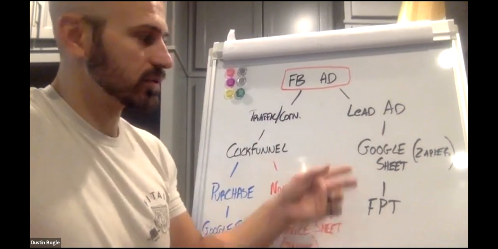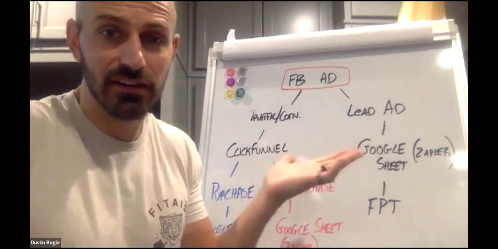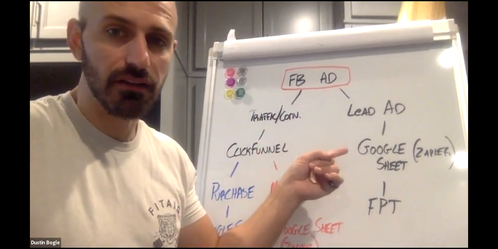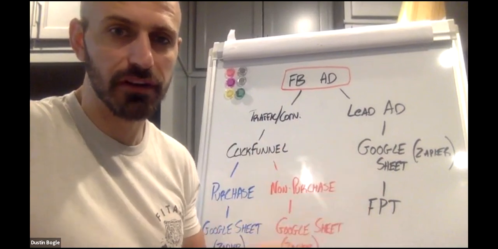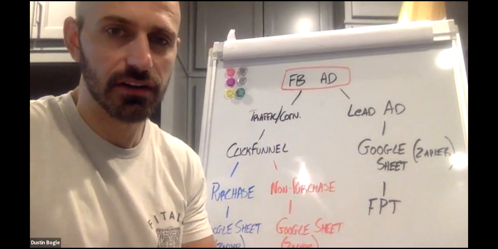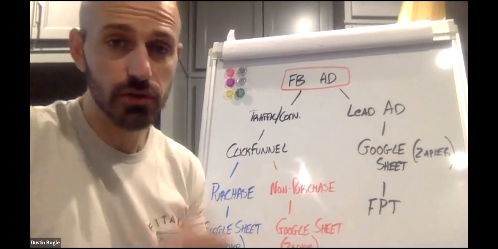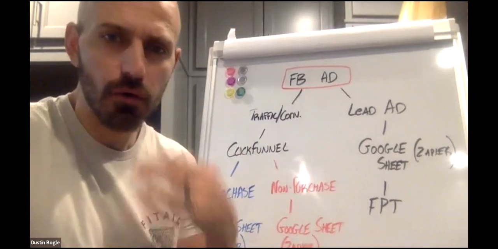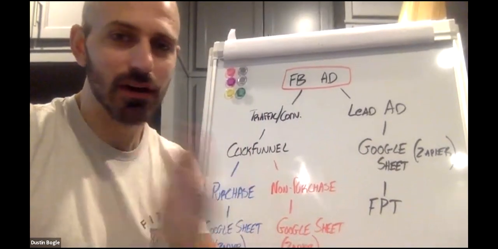So those will be your 2 options, and then literally that's it. You're done. Steps complete. Google Sheet is free, or have them move into Fit Pro Tracker from your lead ad. And again, Fit Pro Tracker can do that. So it's just you deciding which one you want to do and where you want them to go. That's it. So don't overthink it. Just make a decision and go. One is not better than the other.